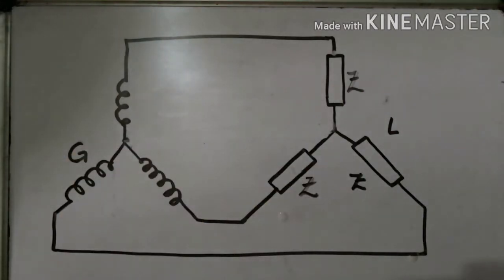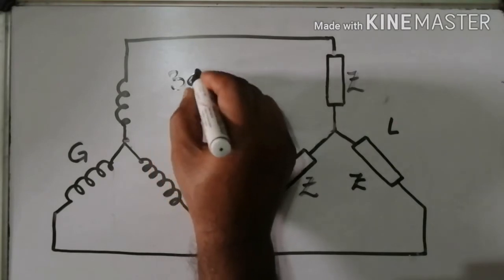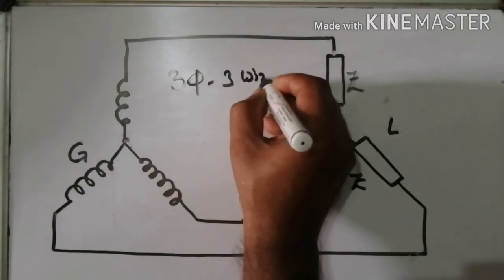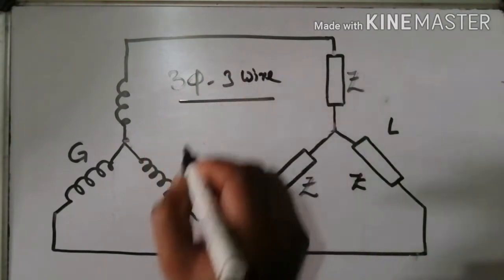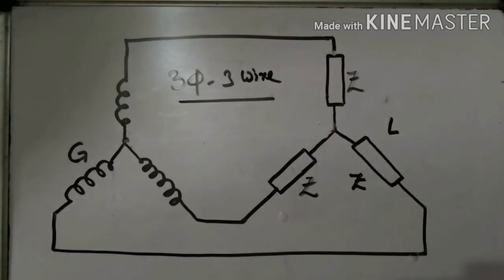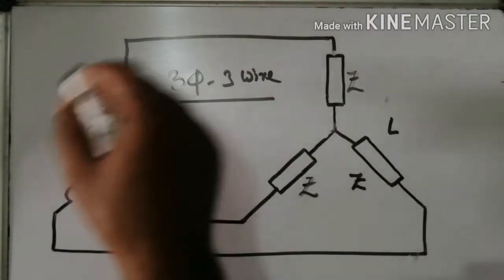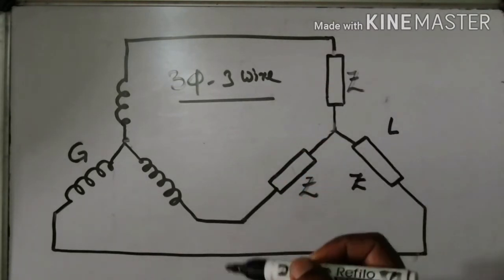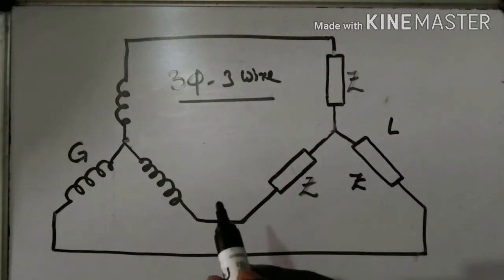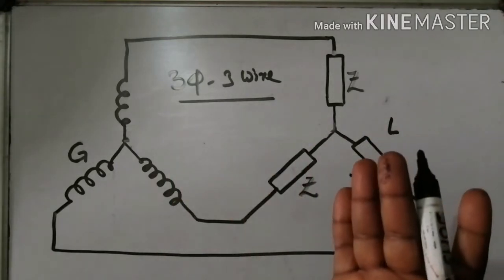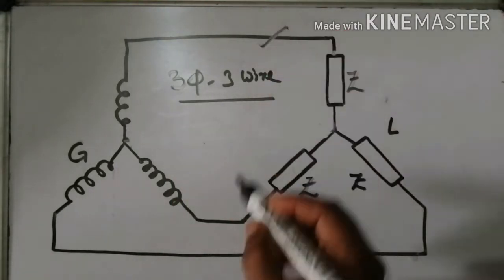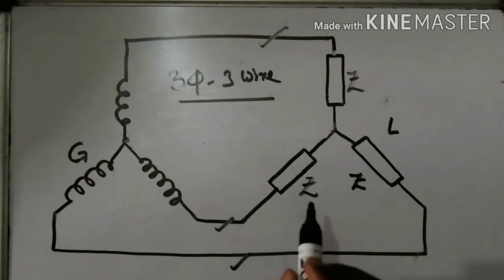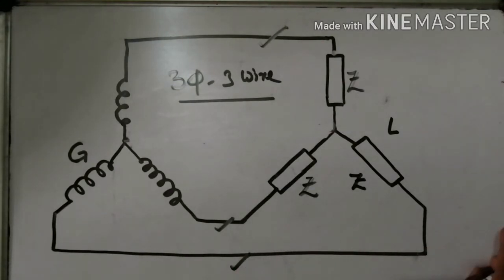Now this system is known as the three-phase, three-wire system. Now see the diagram very carefully. We have reduced the number of conductors from 6, which was the initial stage, to 3. It means that there is a 50% saving in the conductor cost.